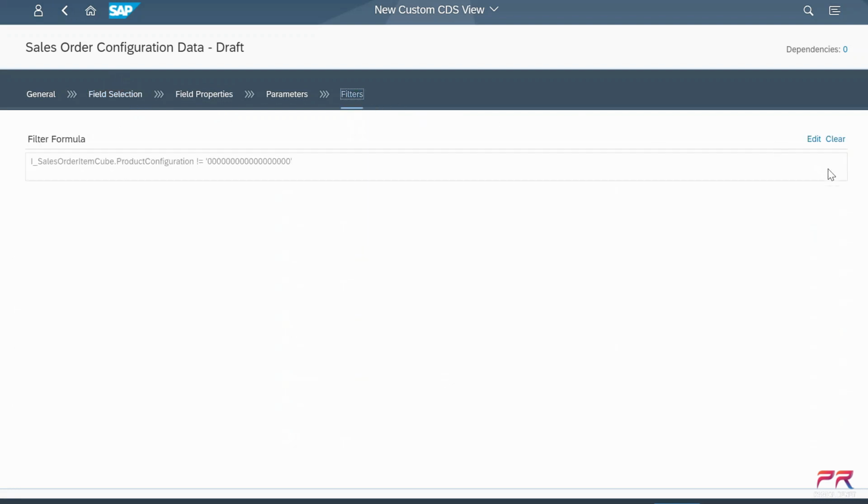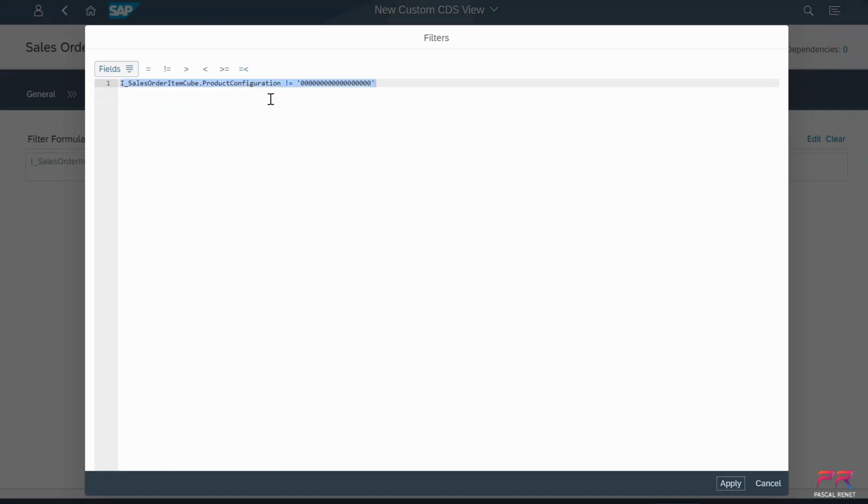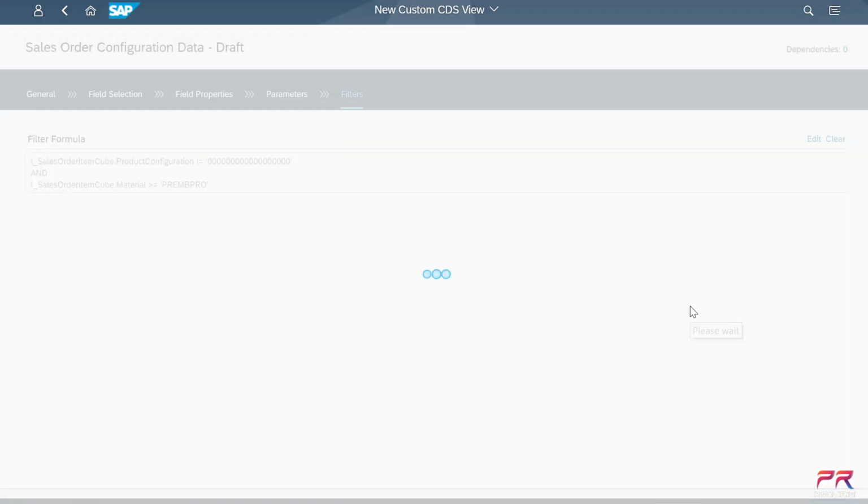Now I apologize, this is going to be somewhat quick and dirty, but what I'm going to say is I want to exclude all the items where the product configuration is equal to a string of zeros, and I'm also going to say where the material code is greater or equal to PRMB Pro, which is the code of my configurable material. I'm going to say apply, save the draft,